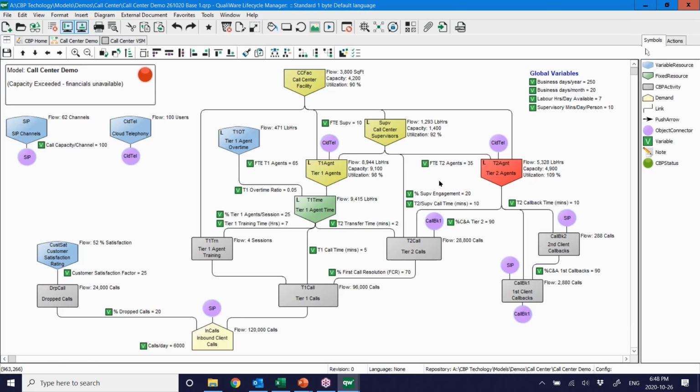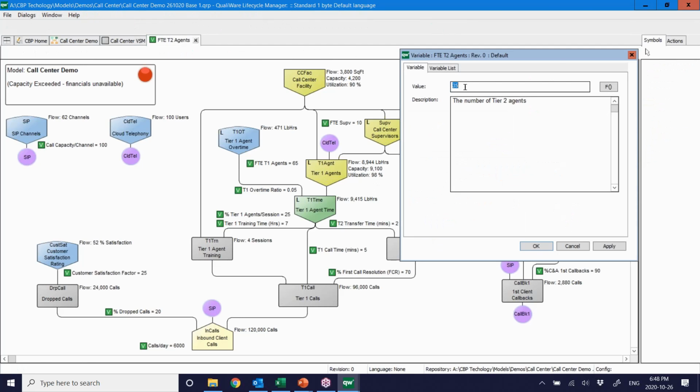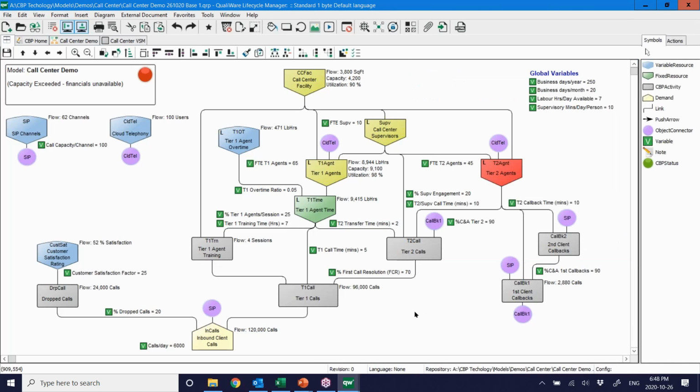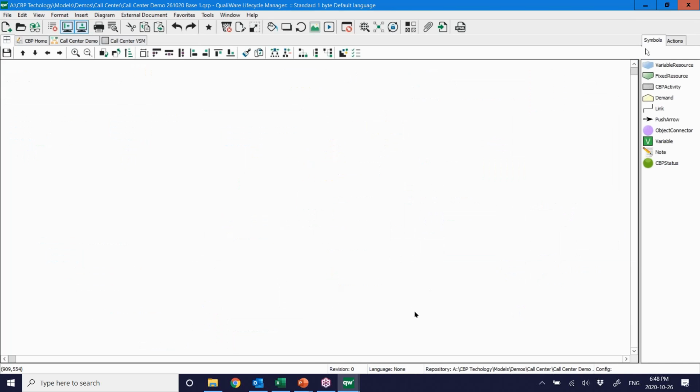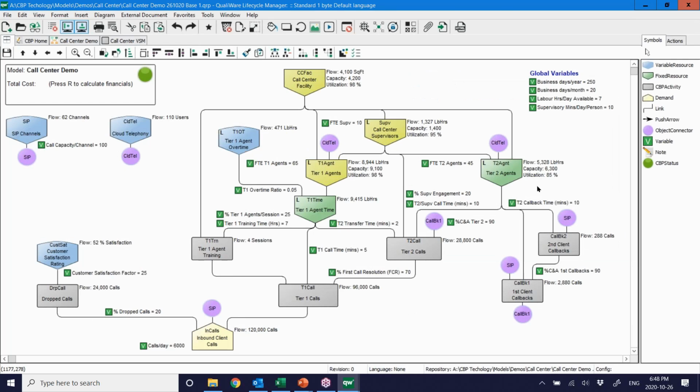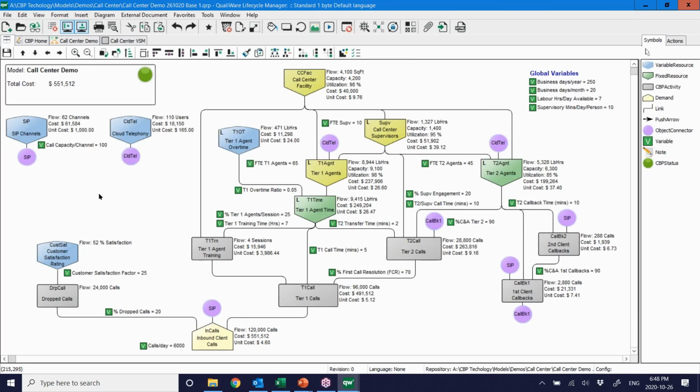So we could take a brute force approach to this. We could say, well, let's just hire more people. So let's run that as a scenario. I'm going to take my agents and hire 10 new agents, going from 35 to 45. I could rerun my model, and lo and behold, I've no broken constraints. So I could actually cost that out. If I recalc the financials, I've added about $50,000 worth of cost to that